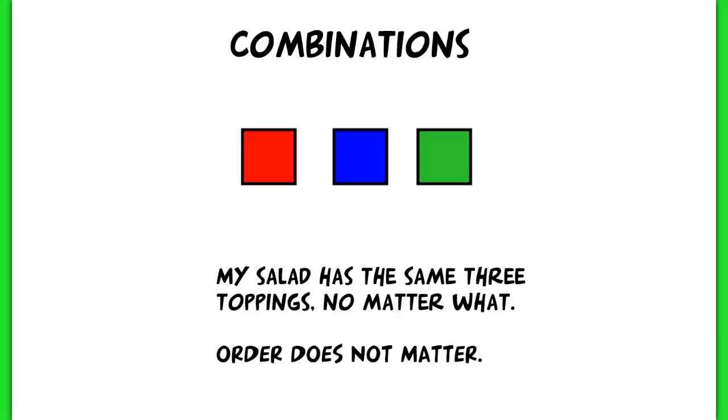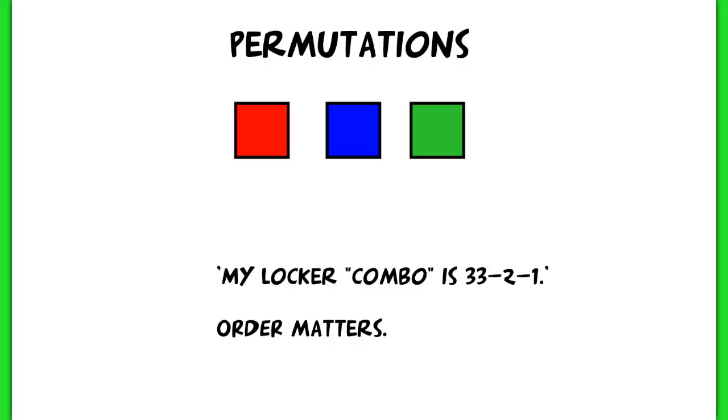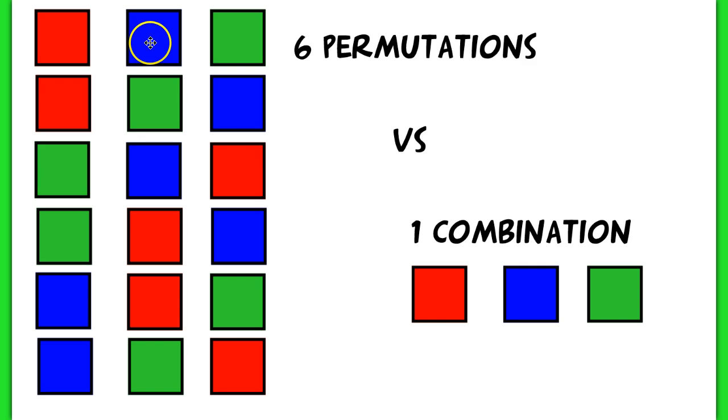If I ask you to do permutation, however, those 3 boxes can be ordered differently, okay? So in other words, my locker combo, which I'm putting in quotes because it's not really a combination, is 33-2-1. There's a specific order to that. Order matters here. Now, in that case, you could see 6 different possible permutations for the same group of objects,